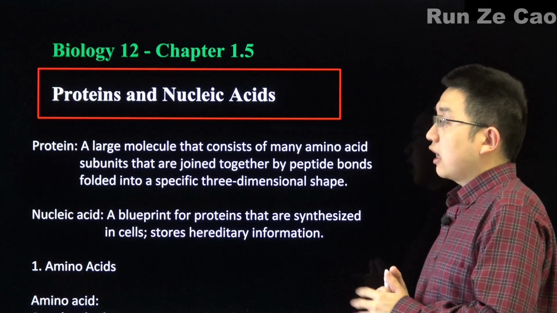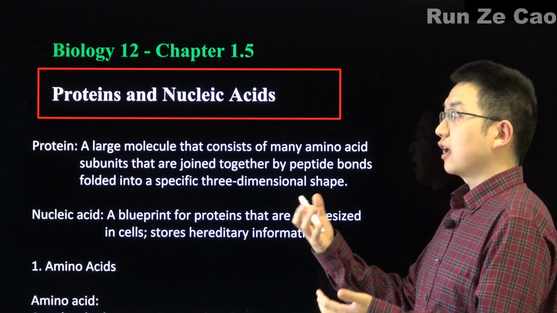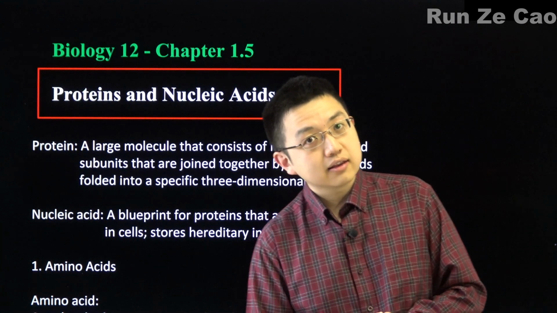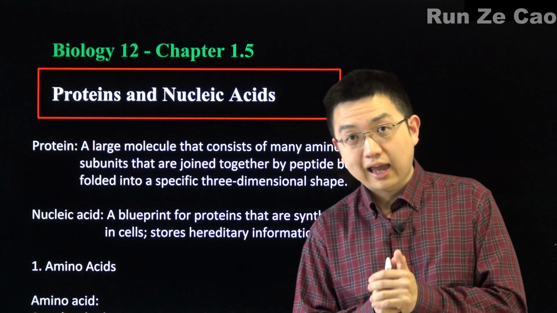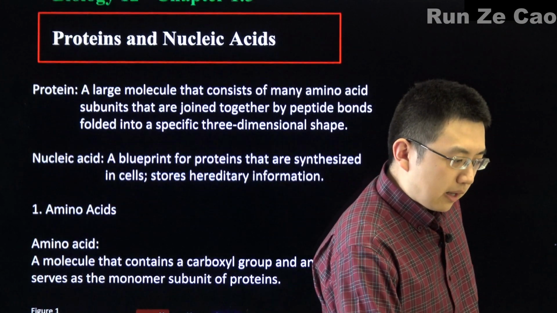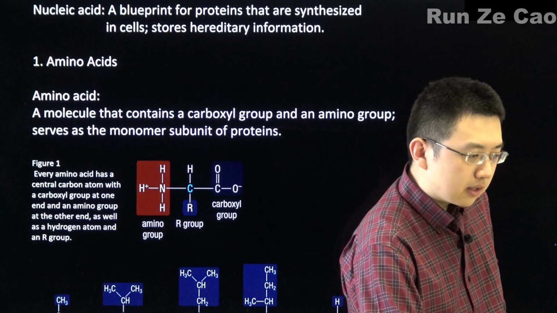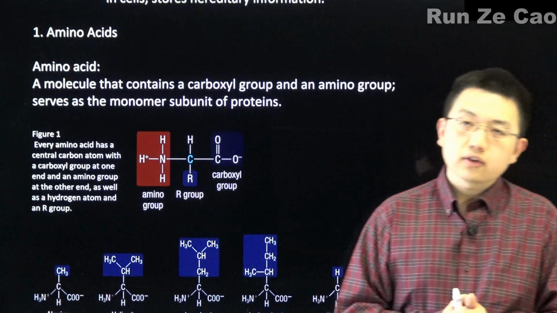Now, nucleic acids, well, we're also familiar with those if we've been talking about DNA, deoxyribonucleic acid, and RNA, so ribonucleic acid. Now, amino acids, well, they come in many different types, but they share a few common characteristics.